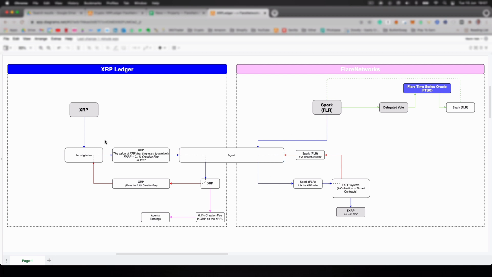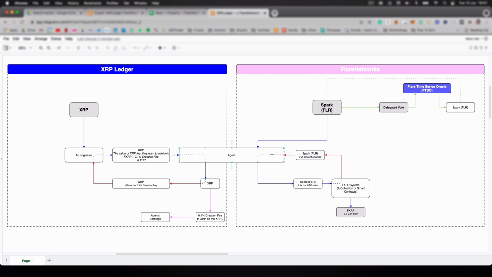And the way that works exactly is like this. You as an originator send the value of XRP that you would like to have minted in FXRP, so created, plus a 0.1% creation fee. Now that creation fee goes to the agent at the end as a reward for their work. So you send that over to the agent, and that gets locked up on the XRP ledger.